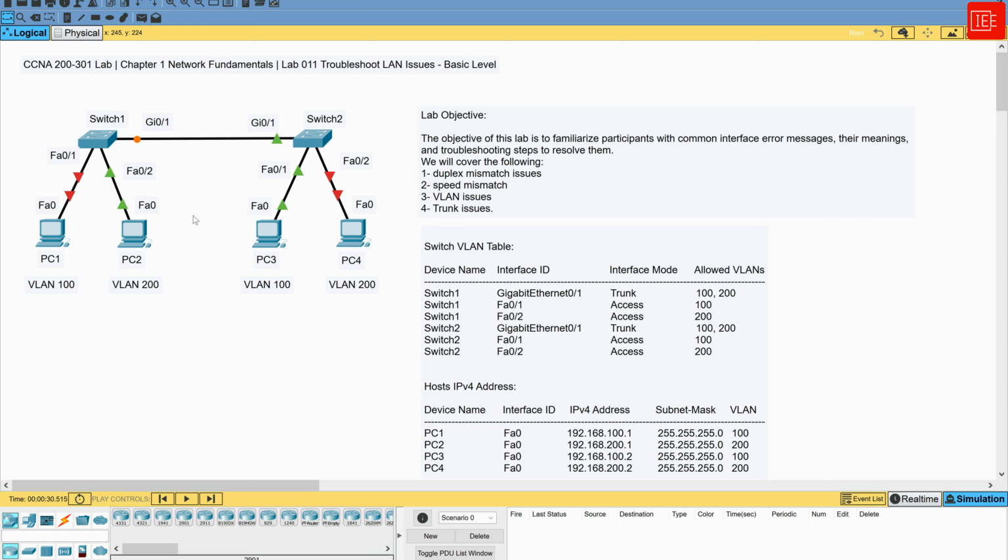So, with this being said, I will do the usual where I go over the lab objective and then go through the topology and then the switch VLAN table and then go through the lab task and finally walk you through the lab solution. So, first things first, the objective of this lab is to develop proficiency in troubleshooting network